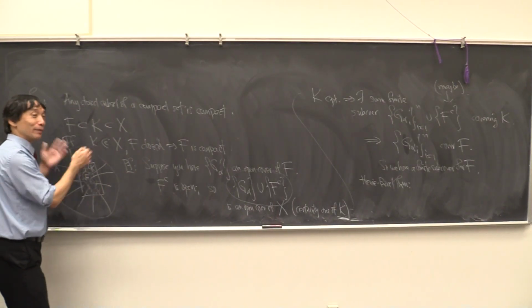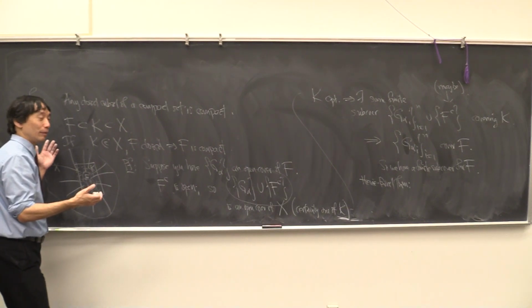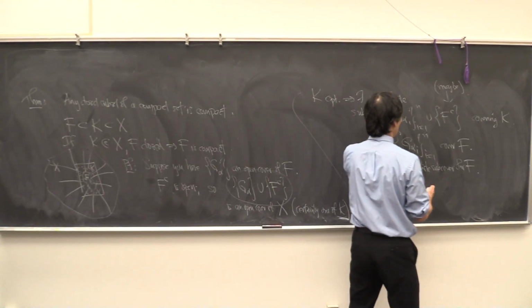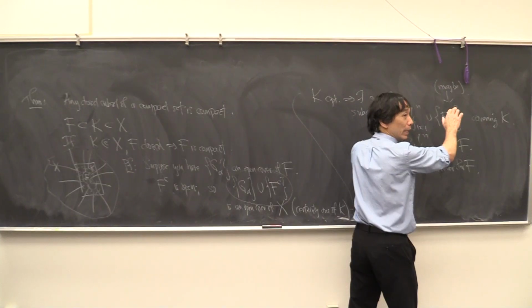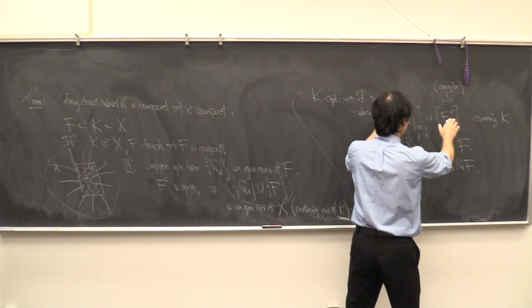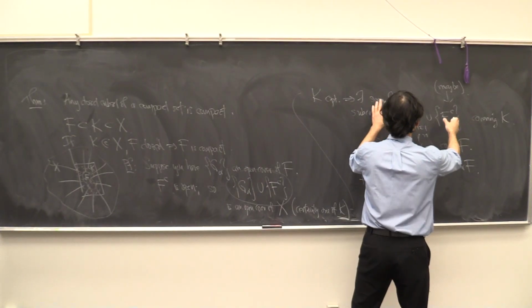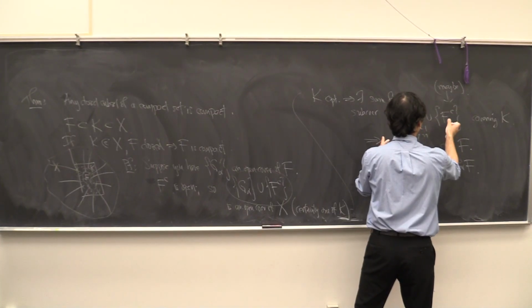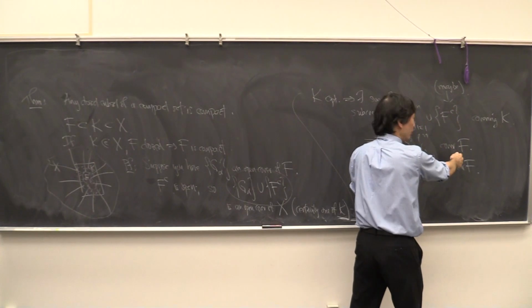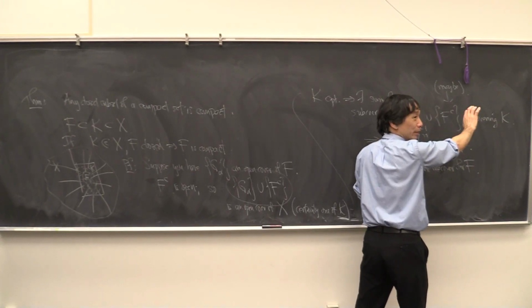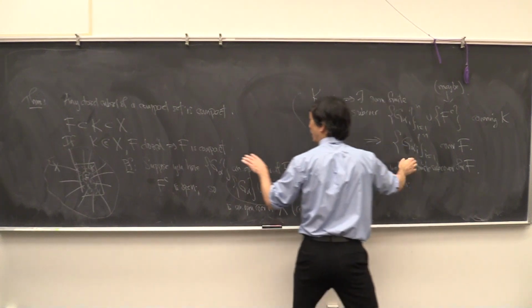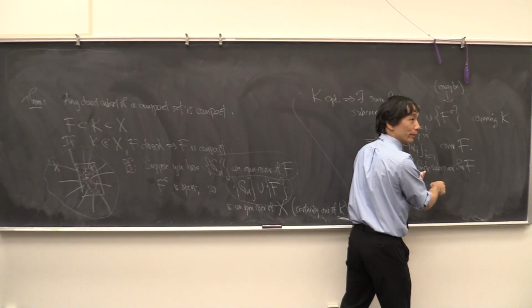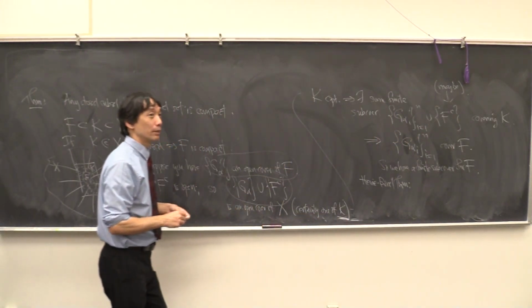Now I certainly have covered K, because I've covered the whole space, right? So now I've got this cover of K, and now I've got a finite subcover of K. I say, okay, that thing is still going to cover F. F complement may or may not be in there, but whatever, I throw it out. When I'm thinking about F, I definitely don't need it, right? So I've gone from my initial open cover of F to a finite subcover of F, which is what I needed to show compactness.